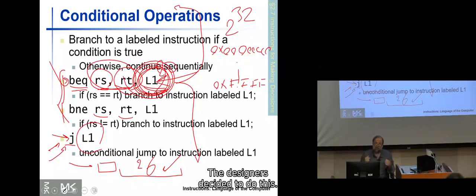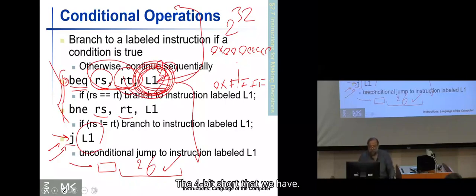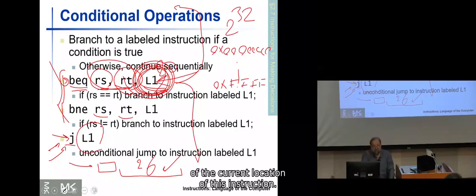The designers decided to do this. First, they concatenated 2 zeros at the rightmost of the address because there should always be 2 zeros at the end. Now we have 28 bits. We are 4 bits short. The 4 bits we are short, they got from the 4 most significant bits of the current location